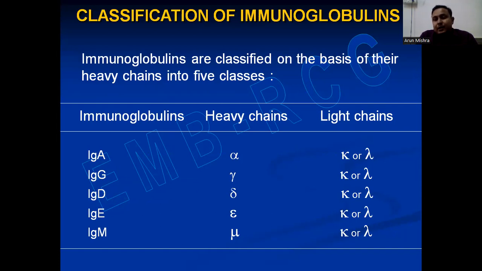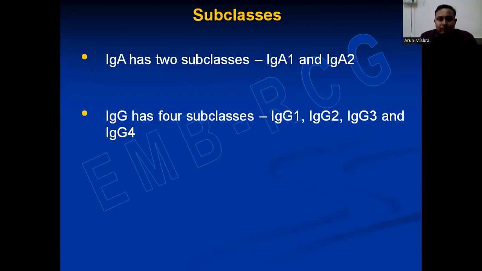The light chain being kappa or lambda. There are subclasses further. IgA has 2 subclasses, IgA1 and IgA2, and IgG has 4 subclasses,